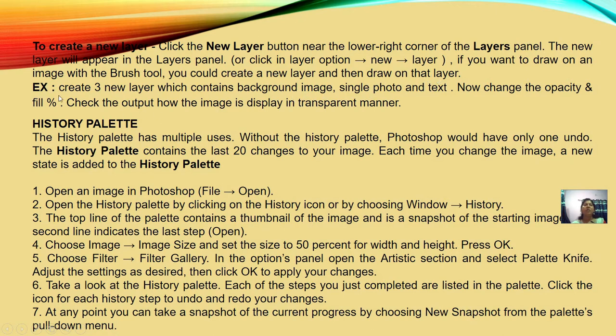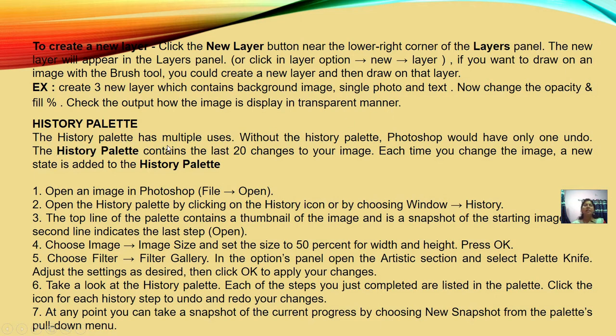For example, create three new layers containing a background image, a single photo and text. Now change the opacity and fill percentage and check the output, how it becomes transparent.